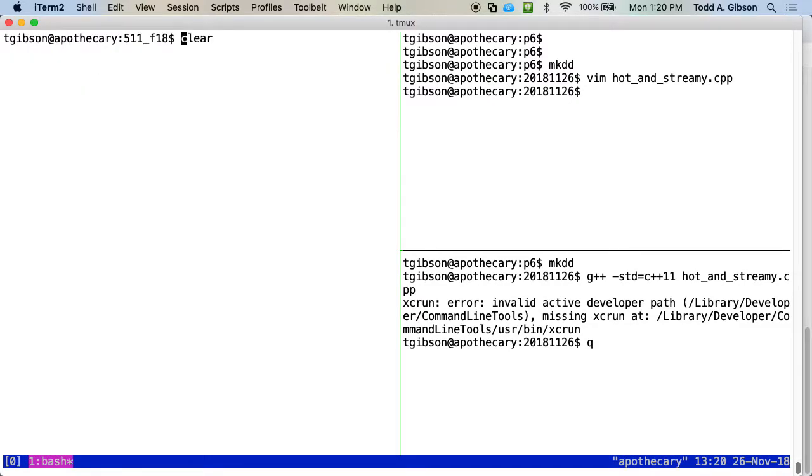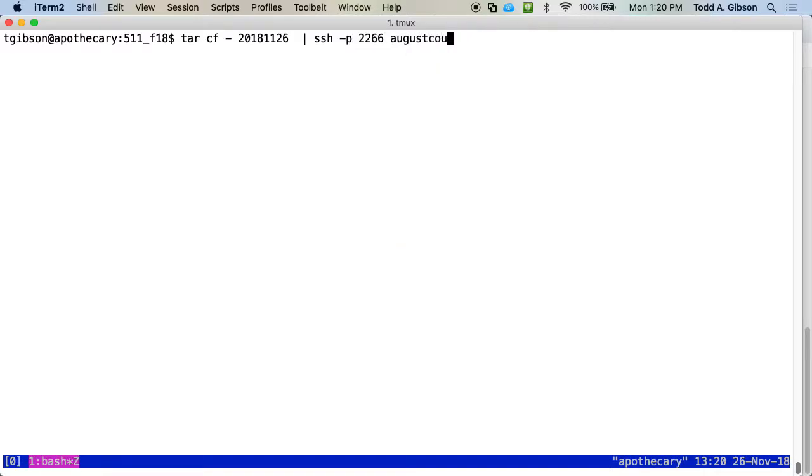Whoops. Pipe that into SSH to 2266 council.com, tar xf that. Put a V there. Make it look like it's doing something.